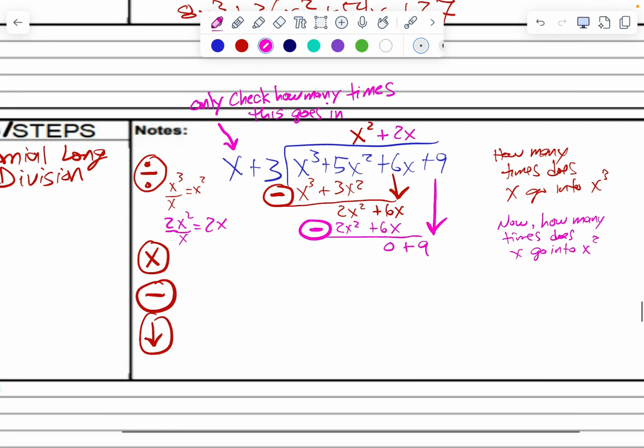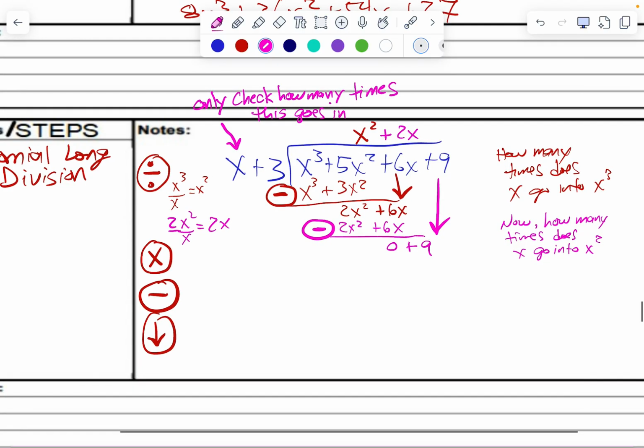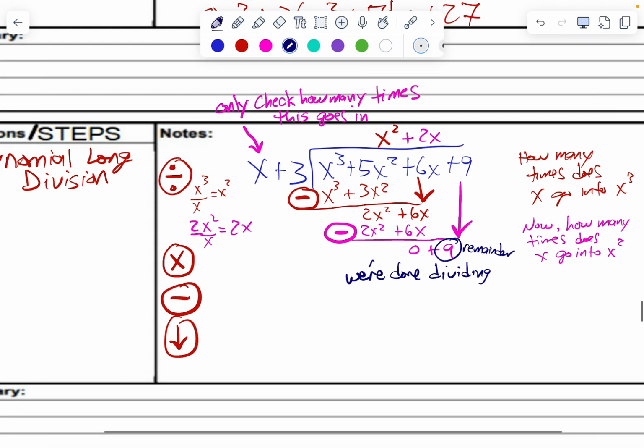So this one, our answer, we're done dividing. Let me just make that clear. Let's make note that this is our remainder. Can you see? Okay. So our results